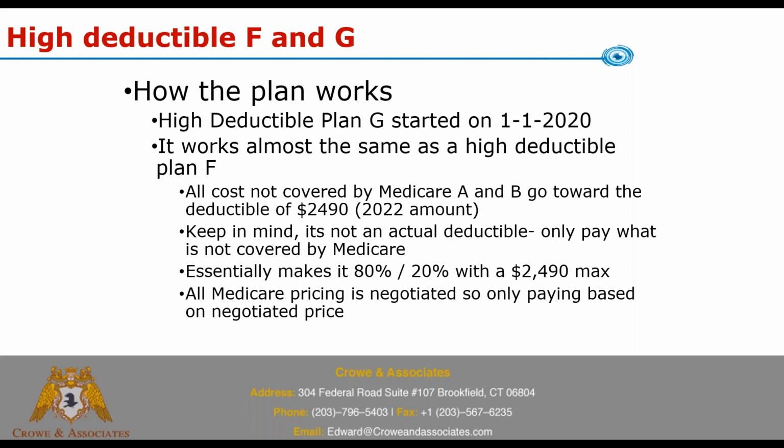So just long story short, if you go to a doctor and they usually charge $200, Medicare is going to negotiate that down on a primary to like $80, sometimes a little lower even. Medicare is going to cover 80% of that, and the 20% left over, which is hardly anything, is what the client will pay, and that's what will go towards that $2,490 out-of-pocket max. And remember, all this pricing is always negotiated because Medicare is primary with the supplement. So Medicare is going to cover their portion, and then what's left over out of the client's pocket is what's going to accumulate towards that $2,490 every year.